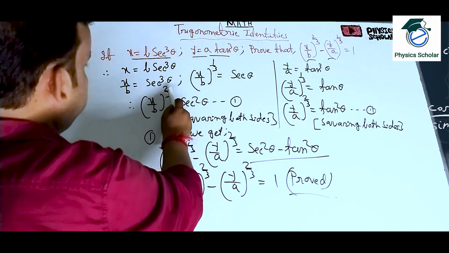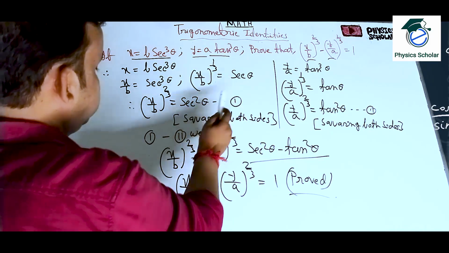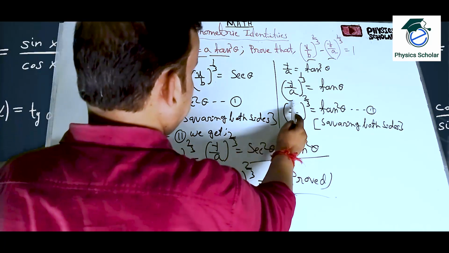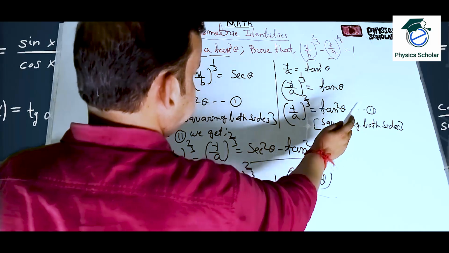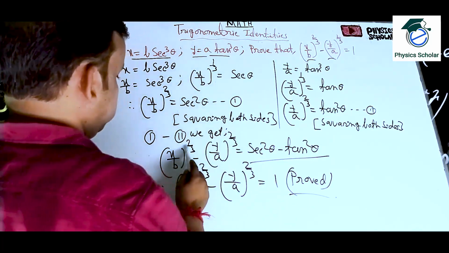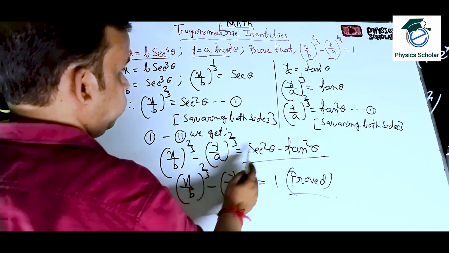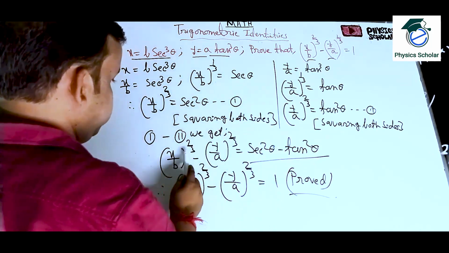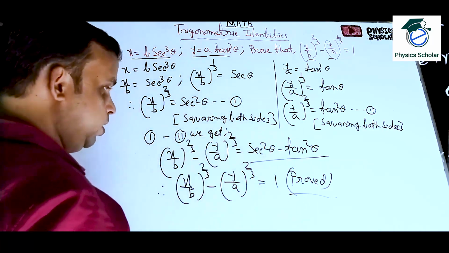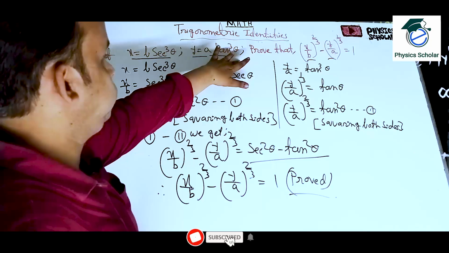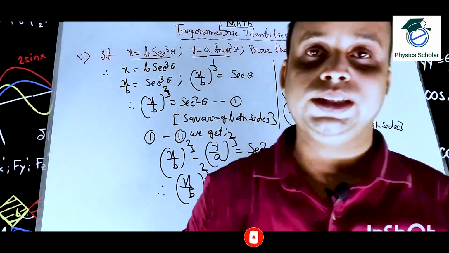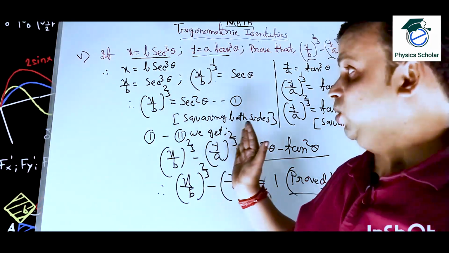So now squaring both the sides. So x by b whole to the power 2 by 3 is equal to sec square theta. Now similarly the second one, y by a whole to the power 2 by 3 is equal to tan square theta. Clear? Now we are doing here minus is there, that is why 1 minus 2. So what is 1? x by b whole to the power 2 by 3. What is 2? y by a whole to the power 2 by 3. That means this minus this is equal to what? Sec square theta minus tan square theta. So sec square theta minus tan square theta is equal to 1. So that we have to prove, and we have proved this. Clear? So hope this sum is just like the previous sum, and you have understood this. Clear? So it's very easy.